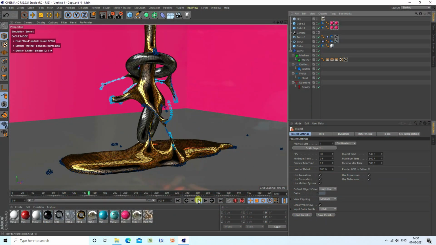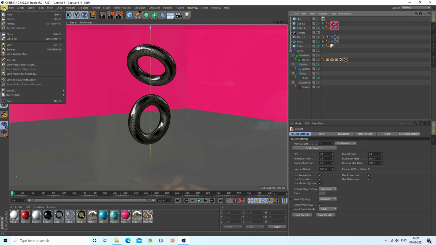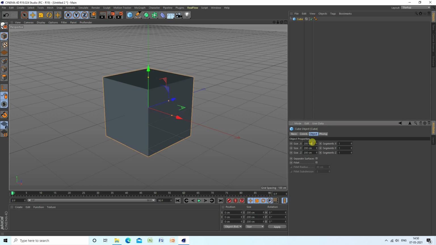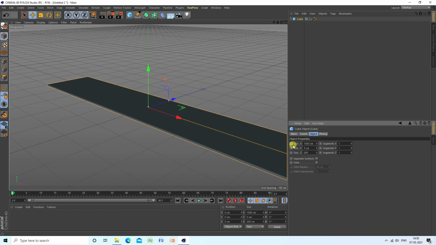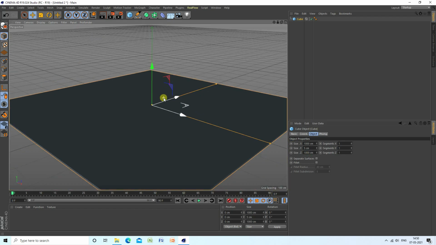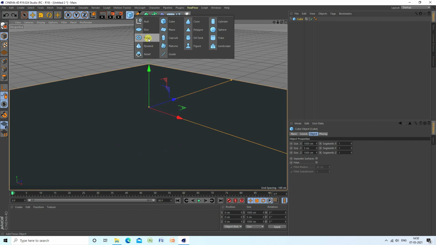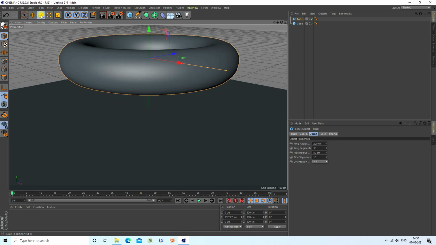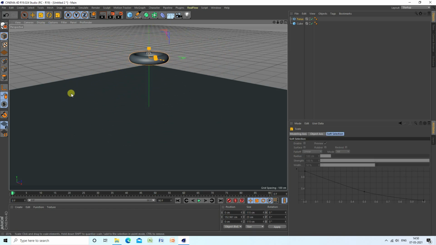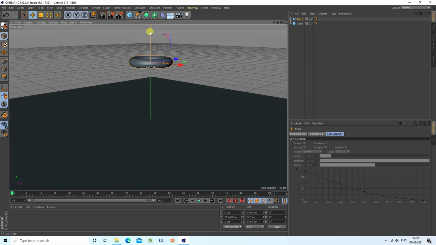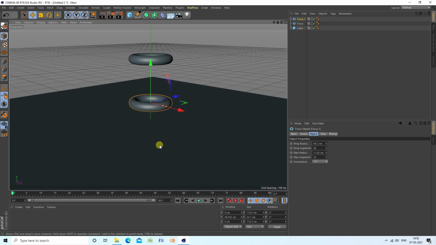So guys, stop this animation and now create a new composition. First of all, I take a cube with size 1000, Y axis 5, and Z the same, 1000. Okay, so guys, this time I take a torus, decrease its size like this, and move it a little bit up. Now copy this torus, press Ctrl C and V, and go on here.